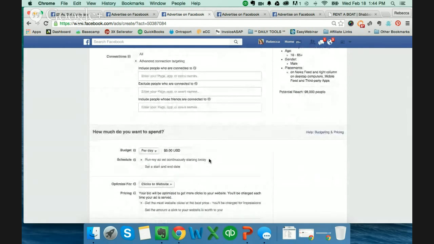And now we're down into the budgeting section. So right now I have it set at $5 a day. This is my recommendation for anybody who is doing an ad. Set it at $5. Let it run for 24 hours, and then compare your results to the benchmark that I'm going to show you at the end. If you're not meeting the benchmarks, you need to change your ad. You need to change the copy, maybe the image, figure out something to change on that ad,